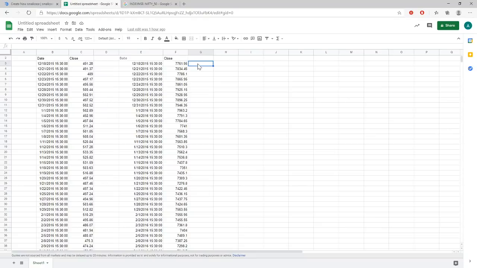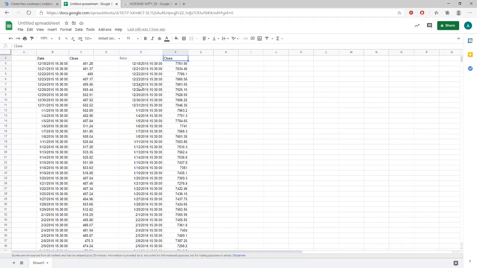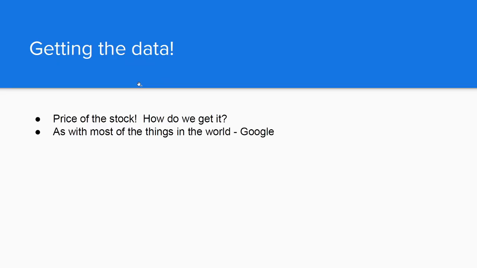Now that we have our index value, Nifty index value from 2015 to 2020, now we can look at what we can do with this data. Well, obviously the first thing which comes to my mind is calculating returns, right? So now returns, there are different sort of returns which can be calculated.